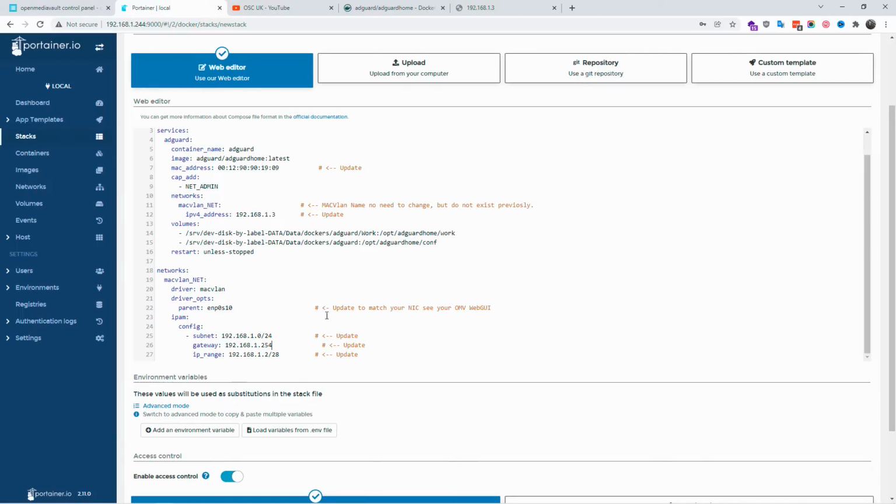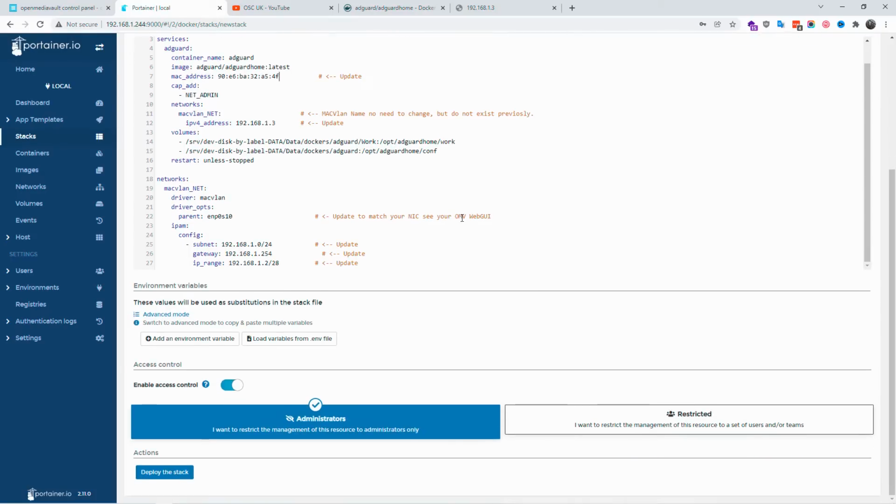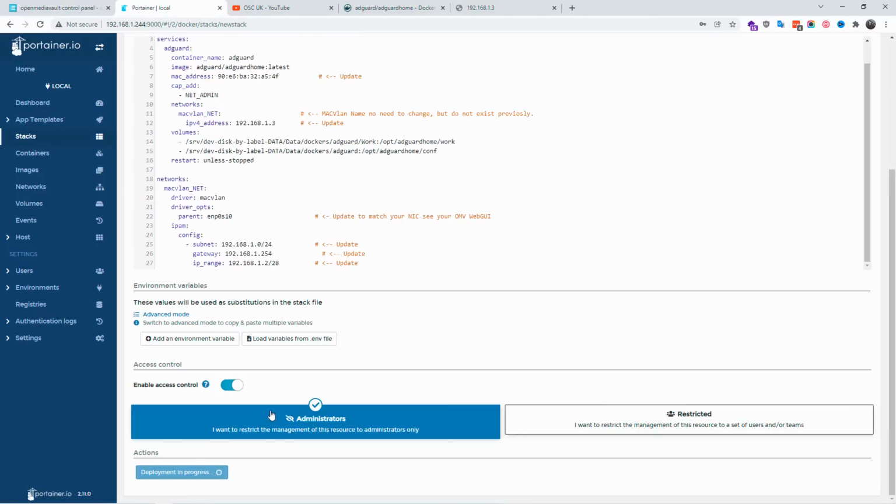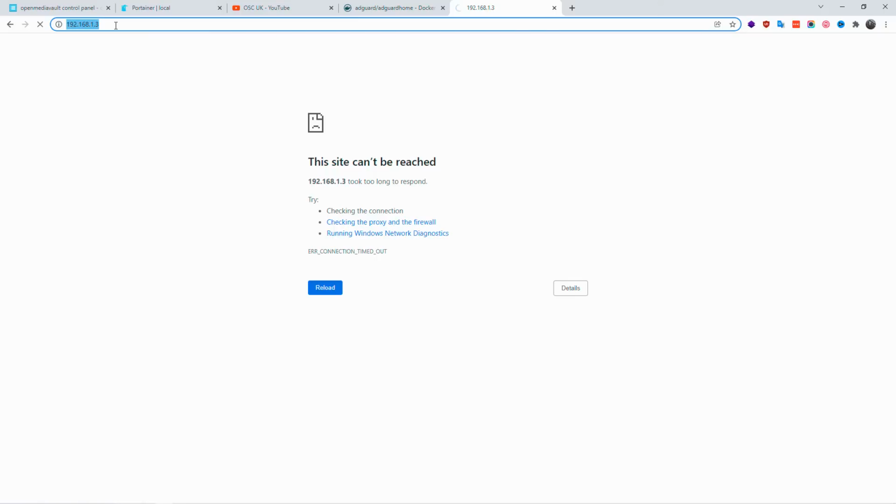As you can see, not much of a difference. For the MAC address on top, I just generated one, so it shouldn't be any problem. I got a generator for a MAC address, but you can just come up with some numbers if you want to. For example, I'm going to paste something else just so you can see. Here we go. I just pasted a random number there, and once I'm happy with everything, I'm going to deploy the stack. It shouldn't take long. And as you can see, that's been done. Let's go back to